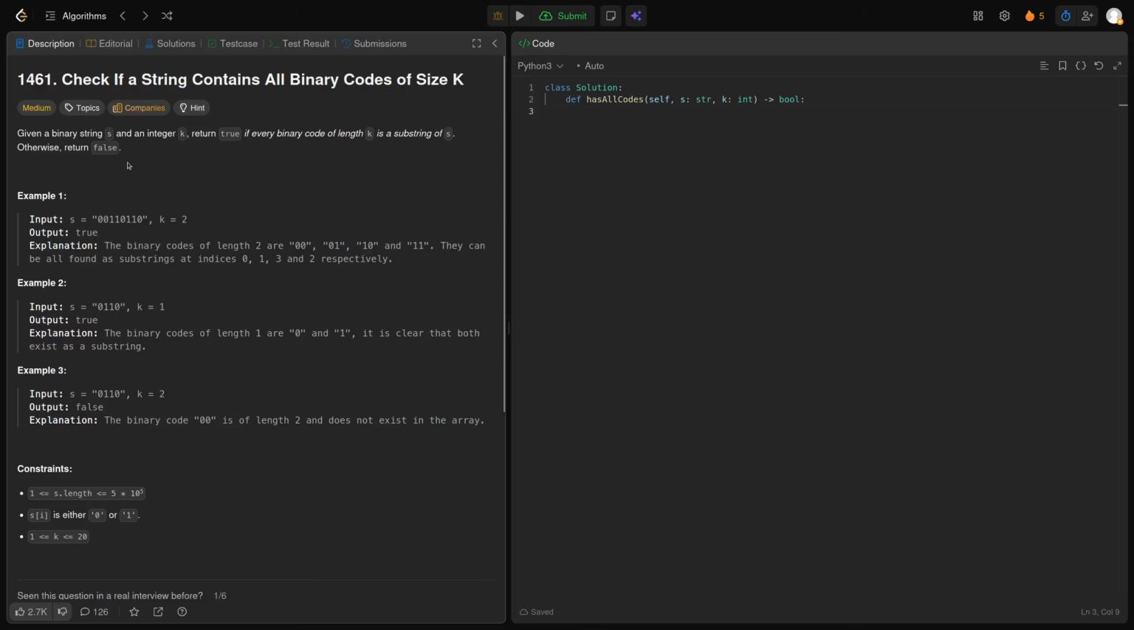So today we are doing medium problem 1461, Check if a string contains all binary codes of size k as a substring, otherwise return false. So length of string is this, and this is k, and I mean, you know, we could solve the problem